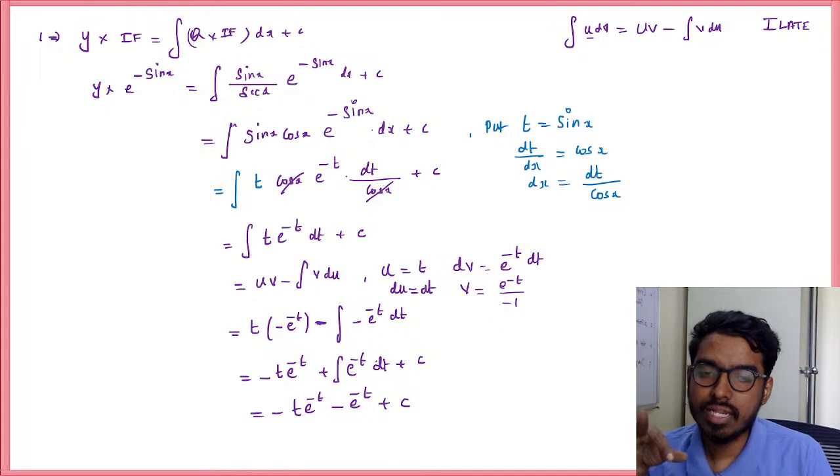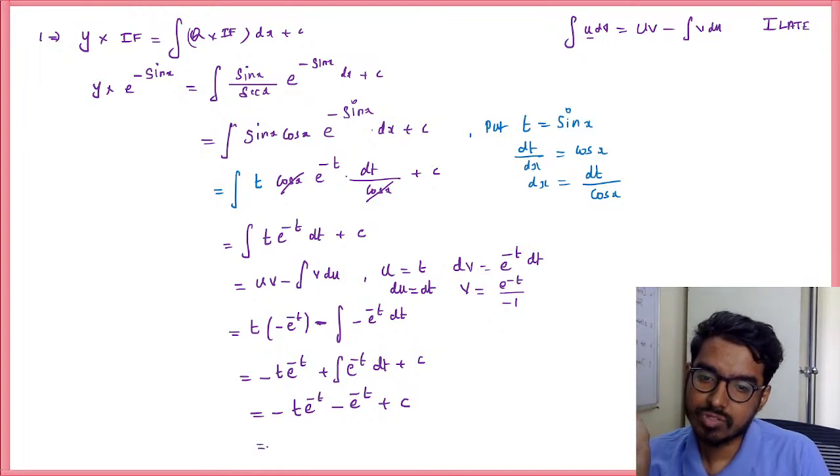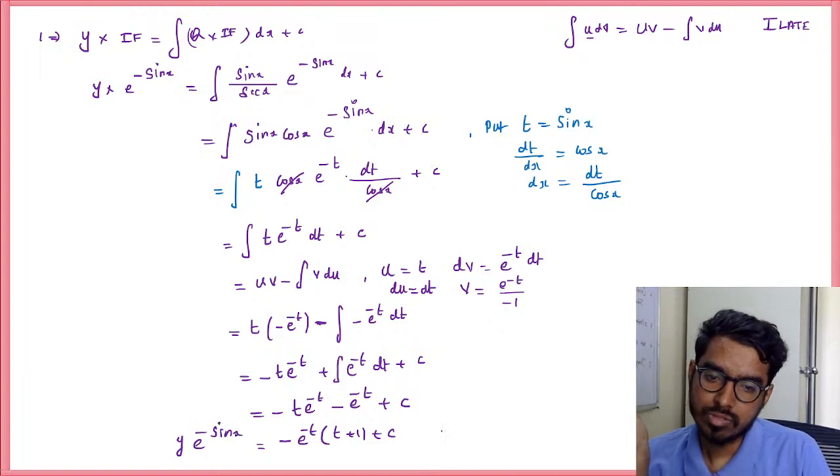So replace t by sin x, right? So if you take, I can take e power minus t common, or minus e power minus t common. This will be t plus 1, right? So y into e power minus sin x. So replace t is equal to sin x. This is the required solution,